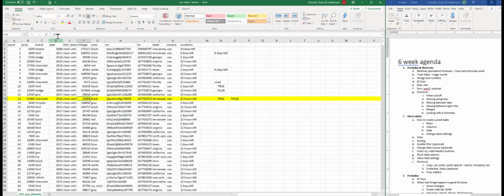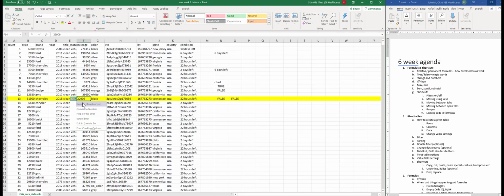So I'll go in here, and if you put a little apostrophe before a number, you sort of trick Excel into thinking it's a string instead of a number. Sometimes you'll be doing a VLOOKUP and you'll see this little green square, and you wonder, what in the world is that? Well, if we click on this,